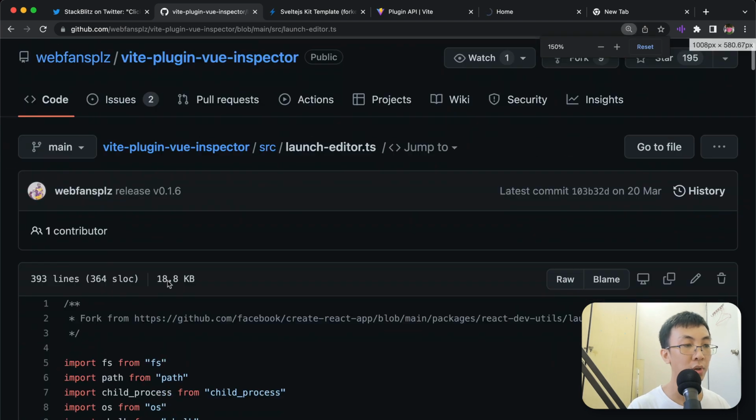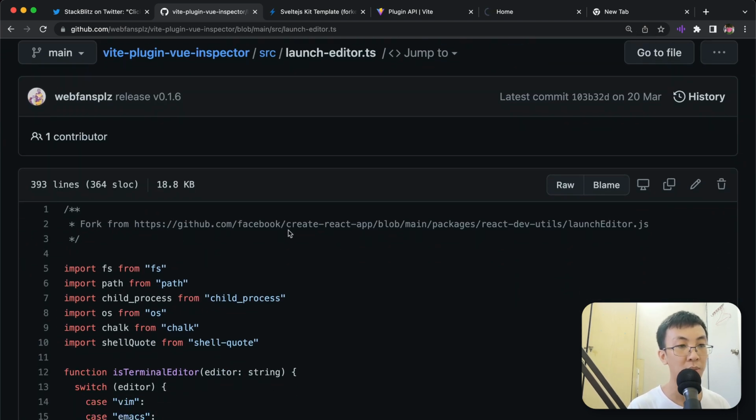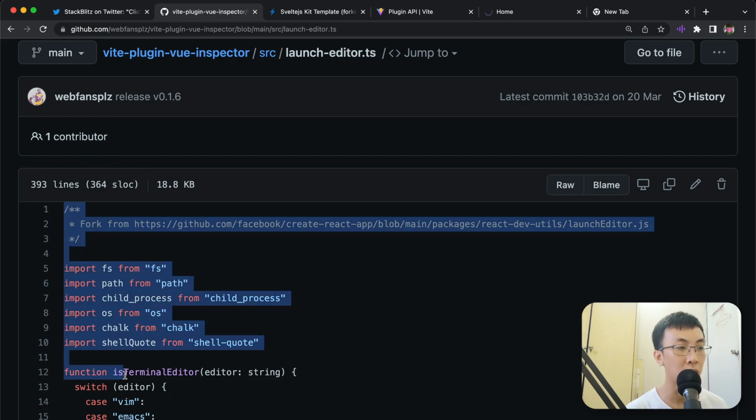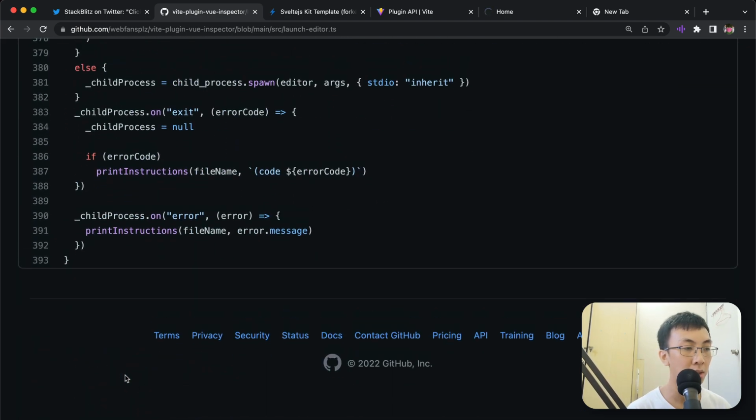This is actually forked, or copied over, from React Dev Utils from Create React App. If you have used Create React App to start a React project and you run into errors, you have an error pop up, and you click on one of the links, the URL, it will jump to the editor. The source code for that is over here. So if you copy all this,